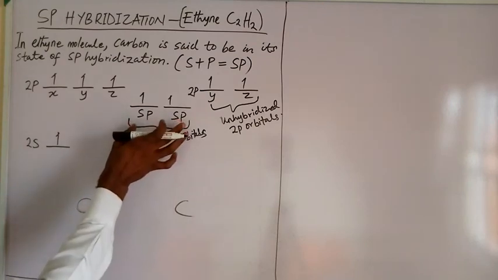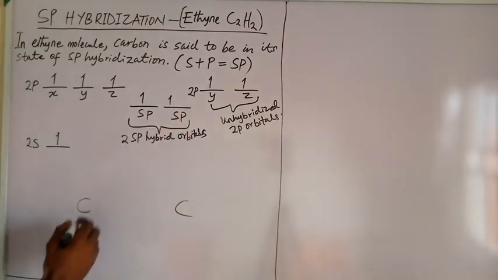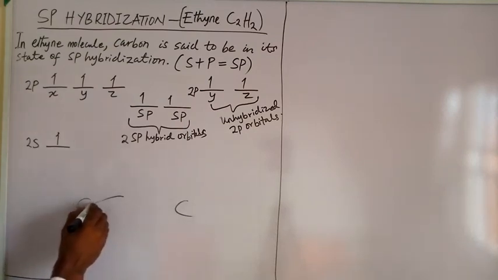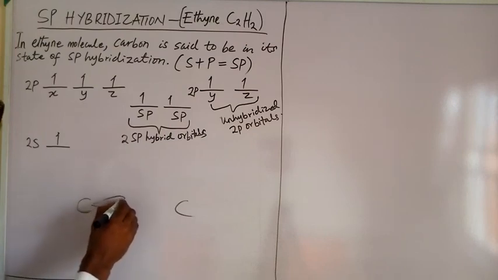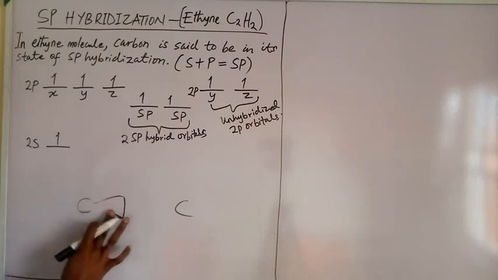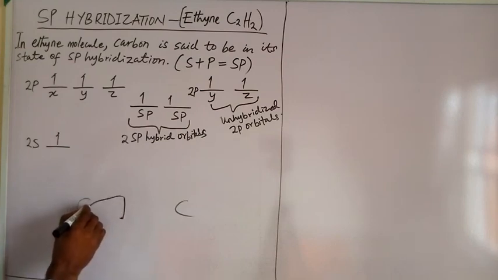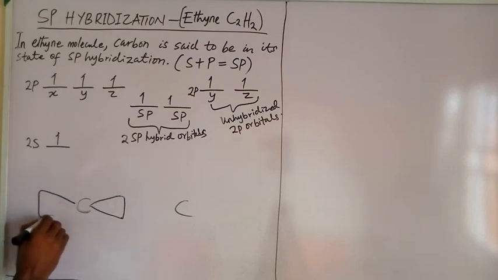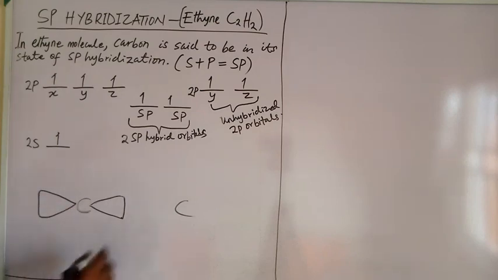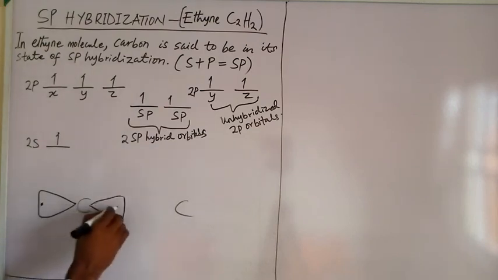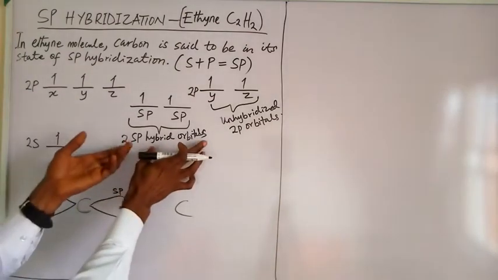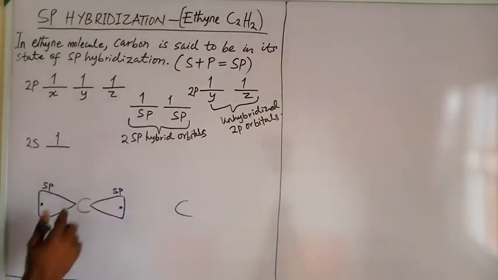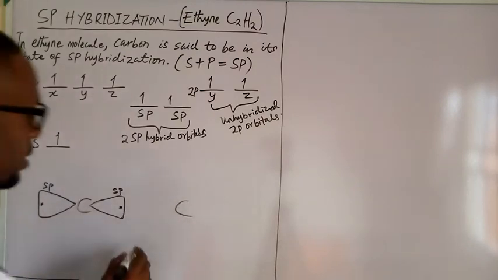So carbon here has two sp hybrid orbitals. Remember, sp hybrid orbitals are usually drawn like a lobe or a leaf, as the case may be. So permit me to use this to depict the first sp hybrid orbital. Permit me to draw another one here to depict the second, with one electron. This is one electron. This is an sp hybrid orbital and an sp hybrid orbital. So we've settled the hybrid orbitals for this carbon. Nice. Okay, we have to do the same for the second carbon.